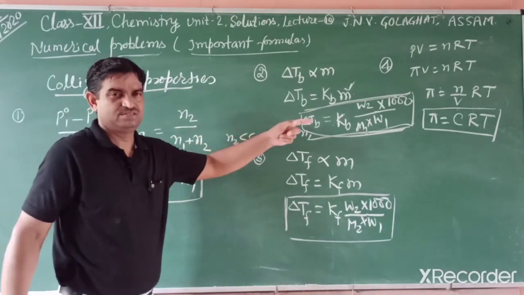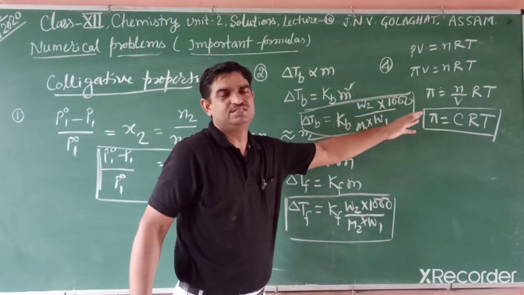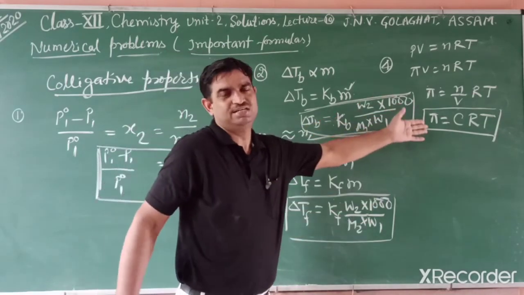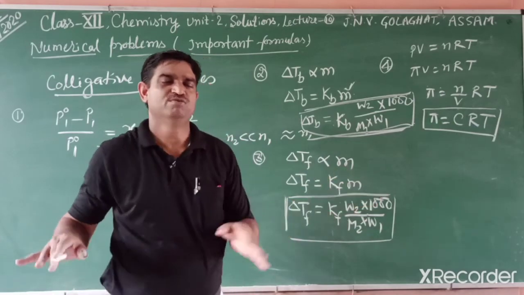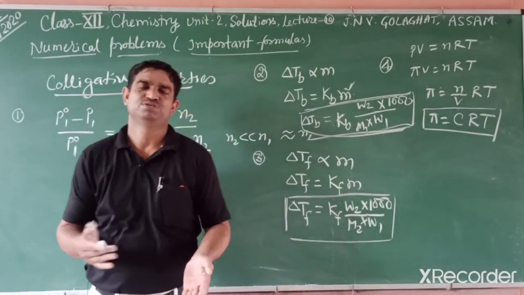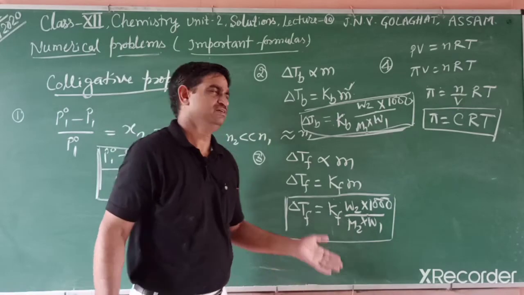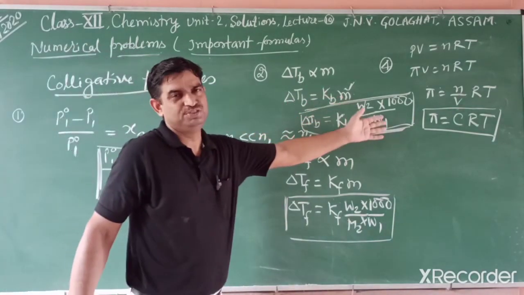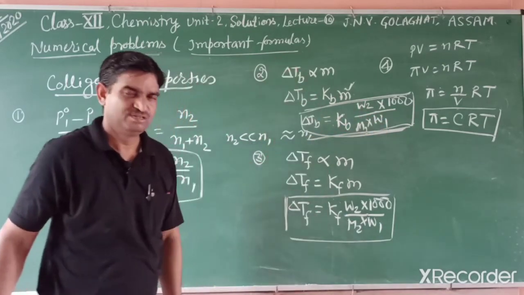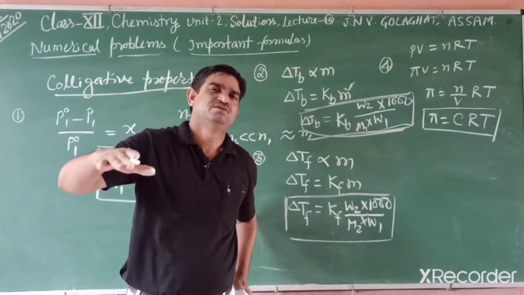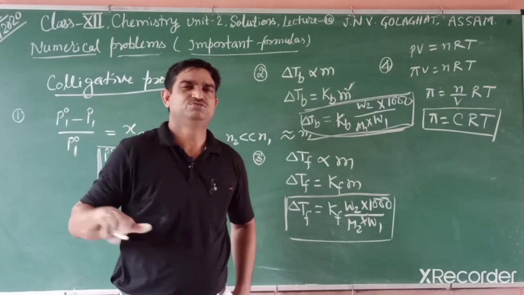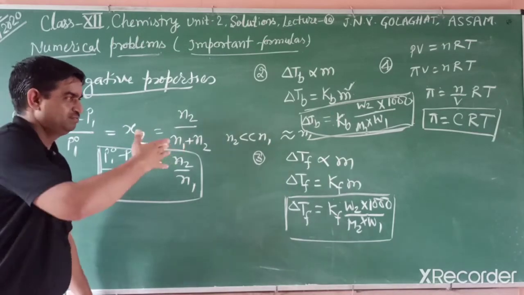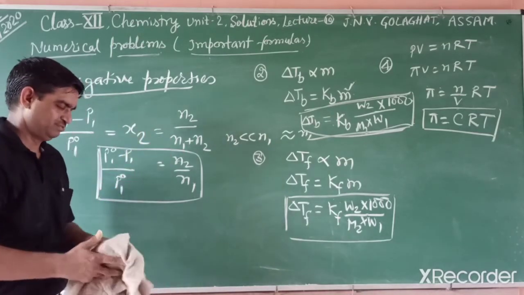The last one is most important, that is easily measurable, has more magnitude, and can occur at room temperature. And biomolecules like protein, carbohydrate, DNA, RNA are decomposed by very high or low pressure. So at those times we use this property, osmotic pressure. It means the minimum pressure applied on the solution side to stop osmosis is known as osmotic pressure. If you have any problem, you can see the earlier video.